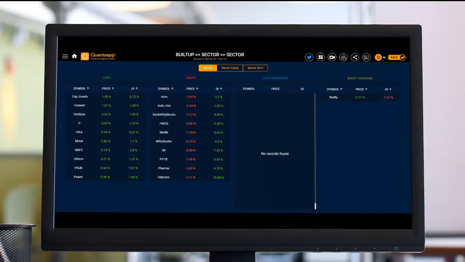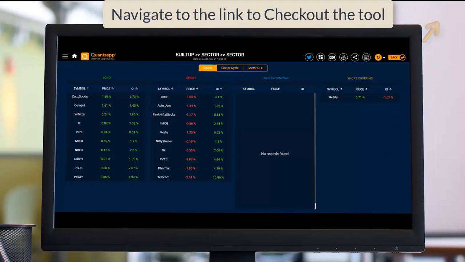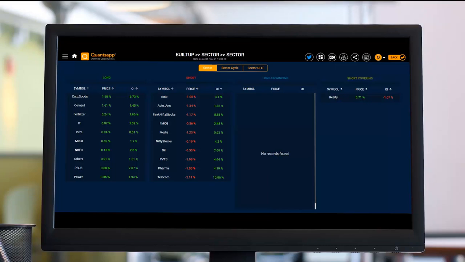The built up sector tool updates in real time here in Quantsapp. The moment we click on the refresh button, whatever the CMP is will be fetched automatically. First we will get to see the long built ups, then the short built ups. Let's say I am opening built up sector at 9:20 AM in the morning. I know that the market's breadth is positive. I want to know which sector is in great momentum, so I'll come to the sector panel over here.